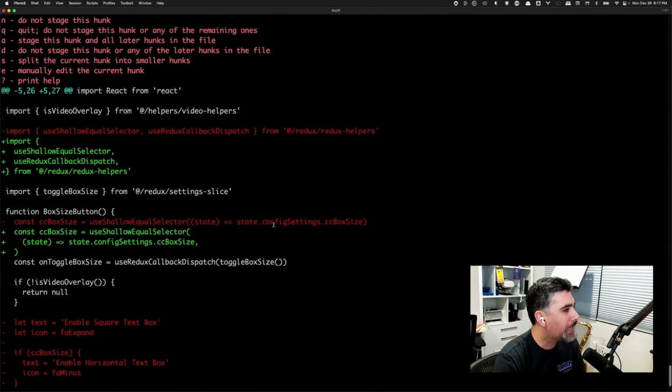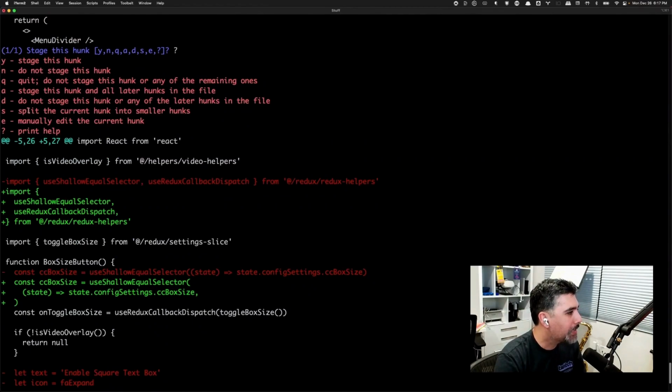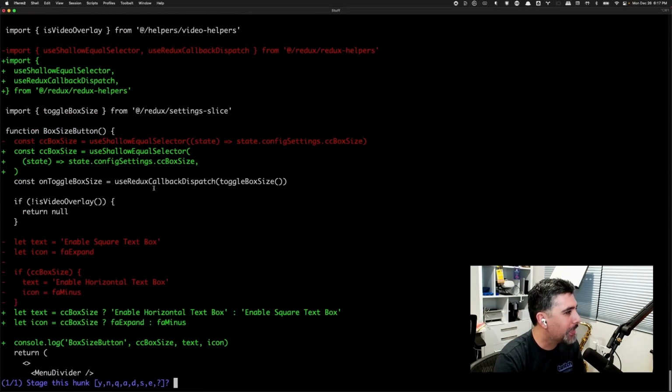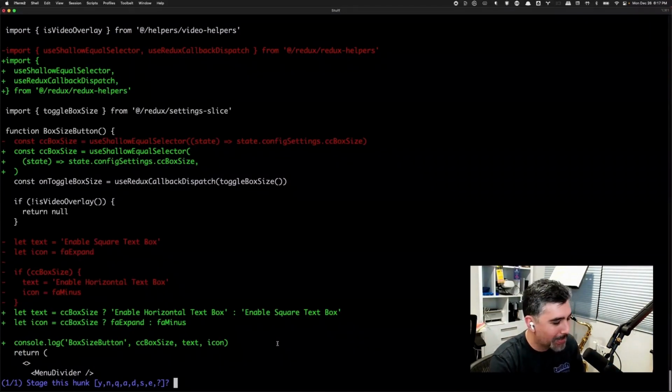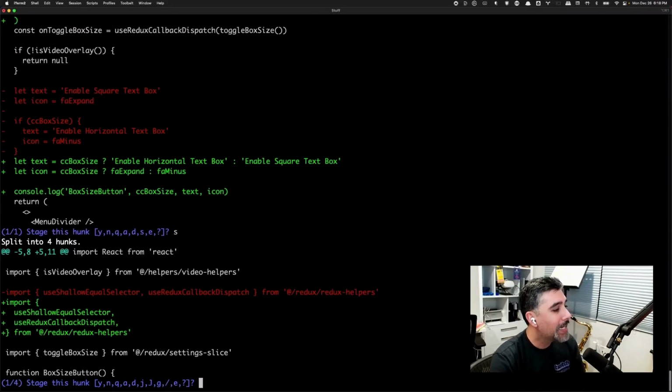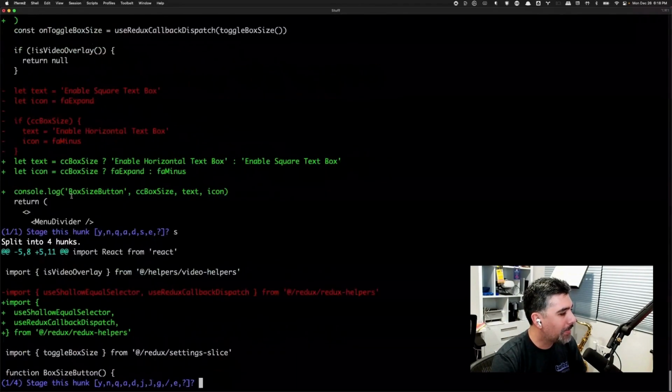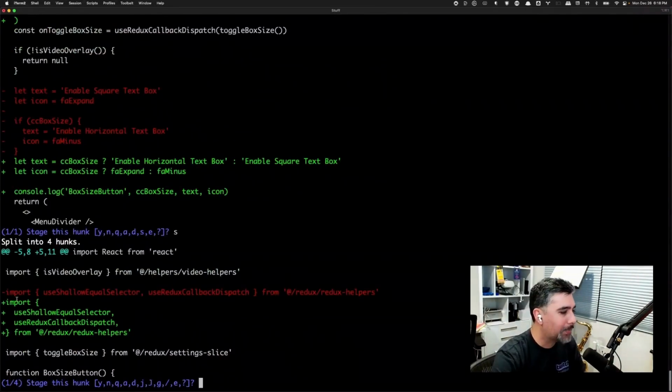So if we check what the s command does, it splits the current hunk into smaller hunks. So this whole view here is a hunk. Funny name. But let's try splitting it so we can do smaller pieces. So if we do s, now what it's done is it's taken that large output of all those changes and tried to identify them into smaller pieces. So now instead of a long set of changes, it's trying to do more bite-sized chunks.